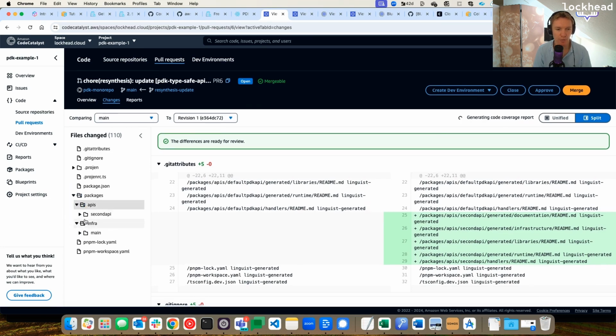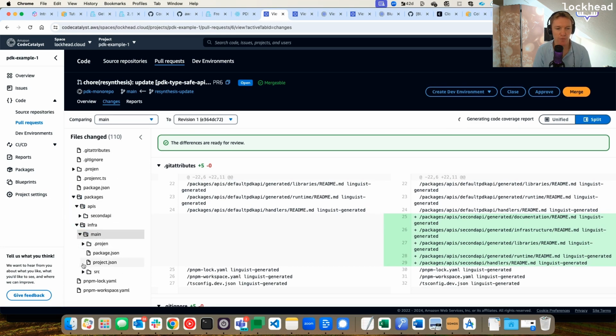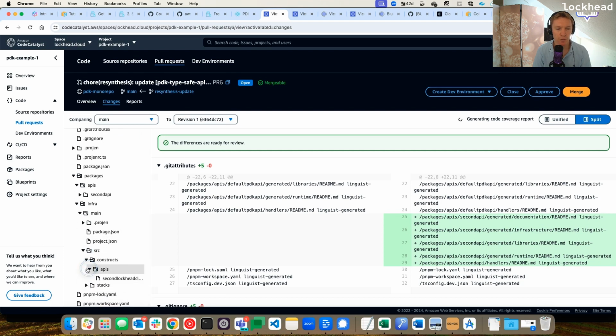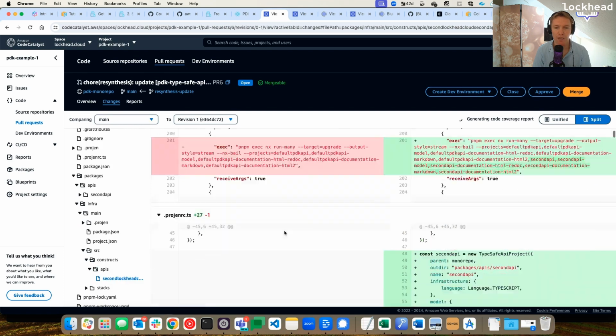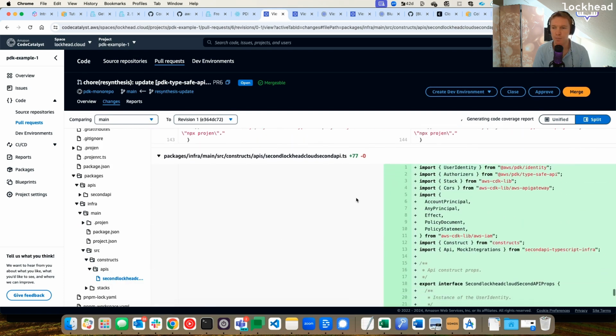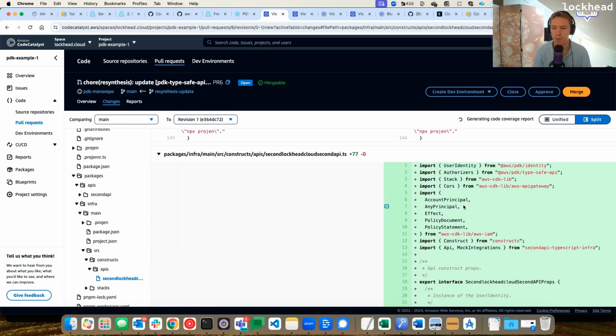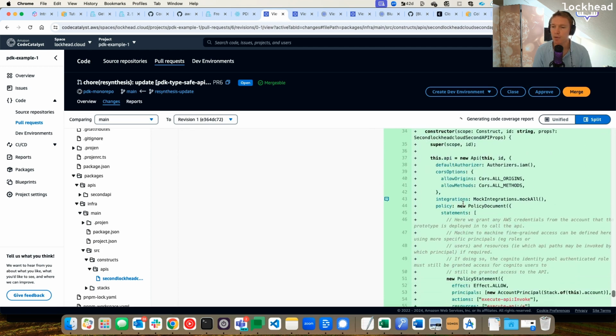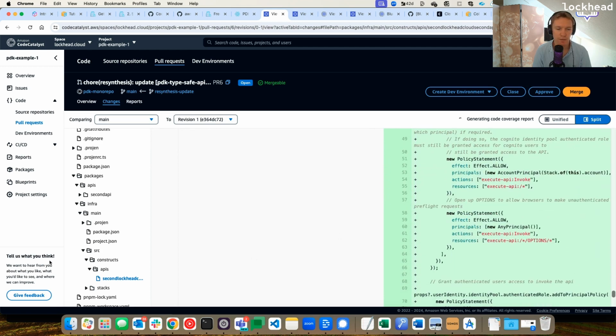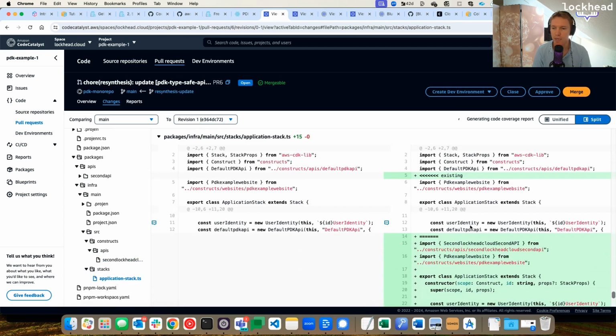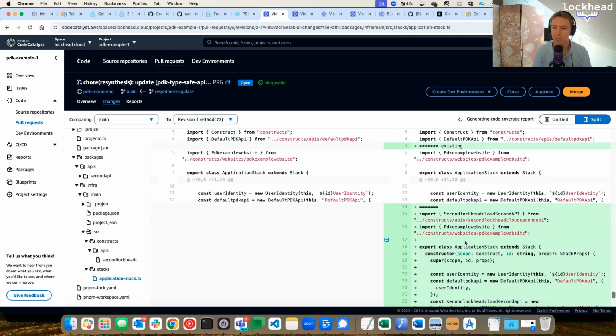There has been an update to the infrastructure. The infrastructure should now include that second API. So we have a new file here which describes the API itself, which has been auto-generated for us. This also has a new stack. The new stack now is going to be